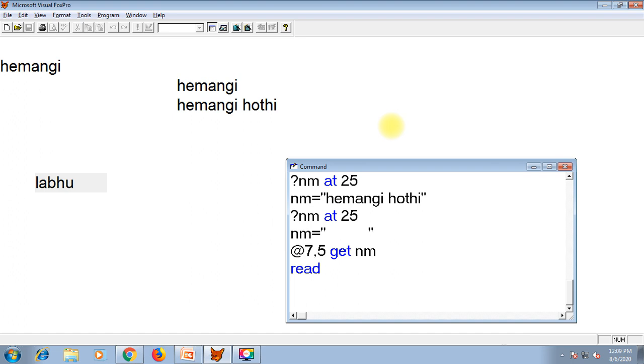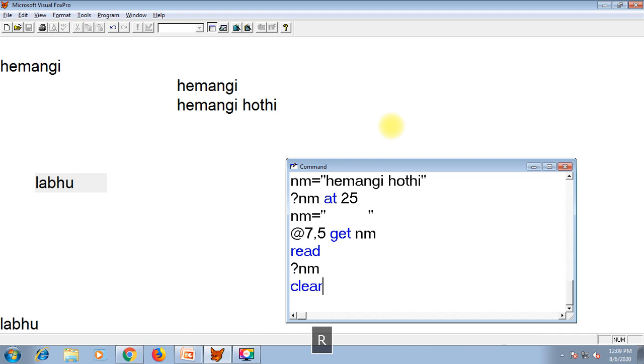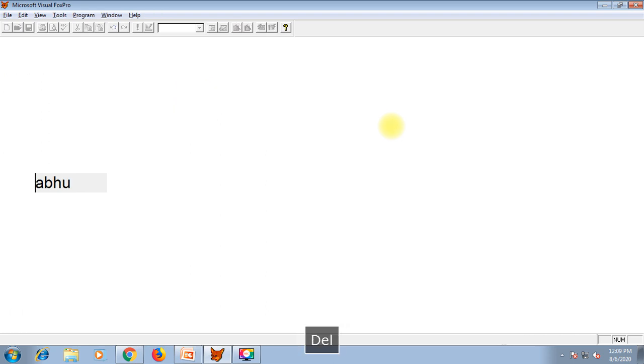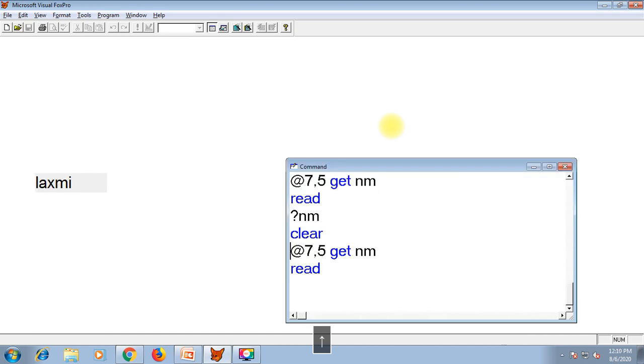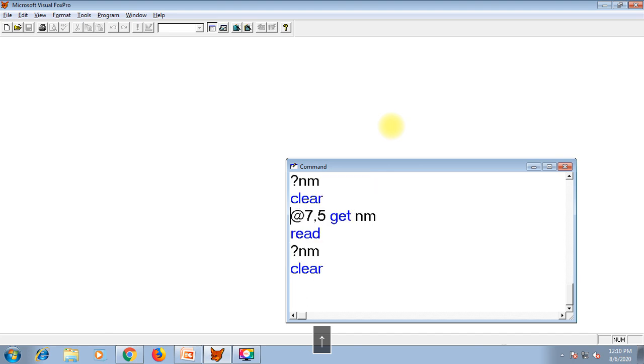And then we tried to input the value of name through the get command. So if you print name again, you will get the name you entered. I am clearing the screen so that you can understand. Lakshmi is printed. Fine. So the second way to declare a string variable is through spaces.